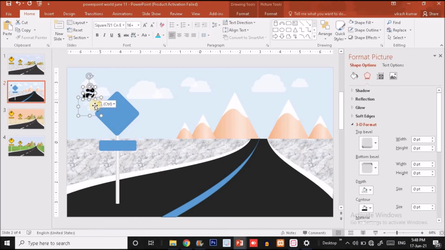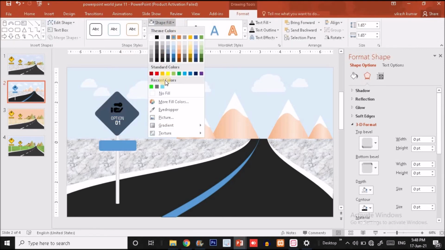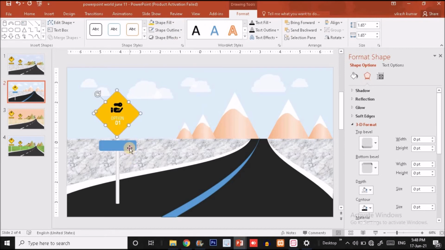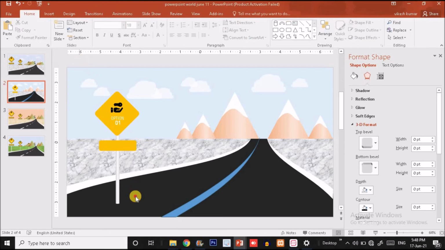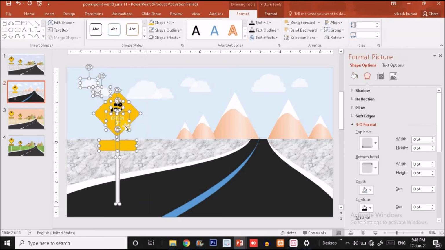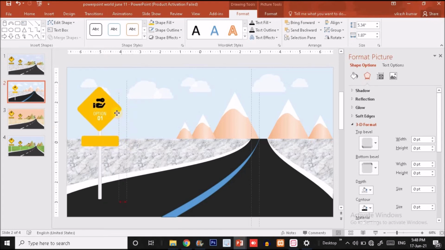So I'm going to put it over here, and now I'm going to change the color. So I'm going to fill it with the orange color like this, and this I'm also going to fill with the orange color. Now I will select all these shapes together except these two clouds and press Ctrl G to make a single group.